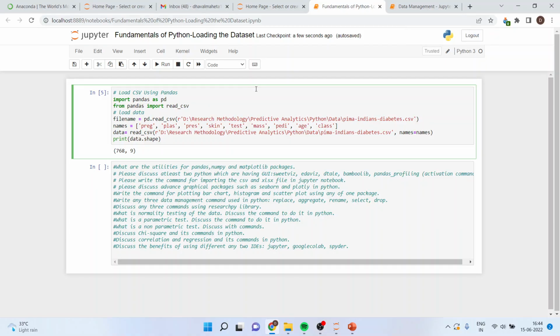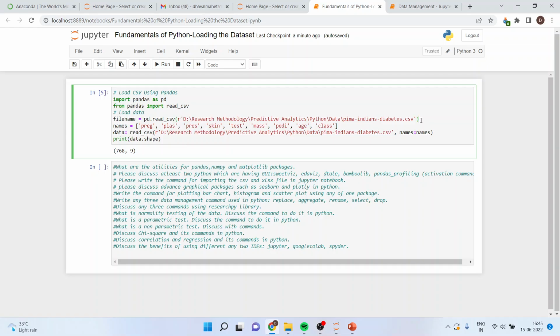Now, how can I bring my own data file into Python? So first of all, make sure that you activate import pandas as pd. From pandas, import read_csv. Once this is activated, it means that I'll be able to use this function read_csv. So I'm writing the command line as file name is equal to pd. So here pd is basically the pandas library. Dot read_csv. This r is for read. In single inverted commas,